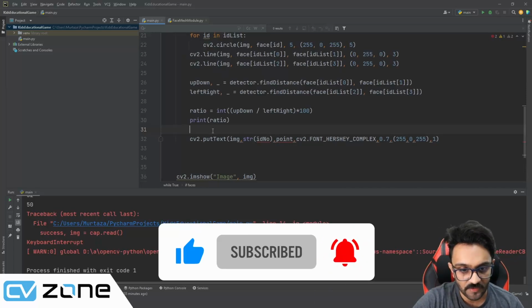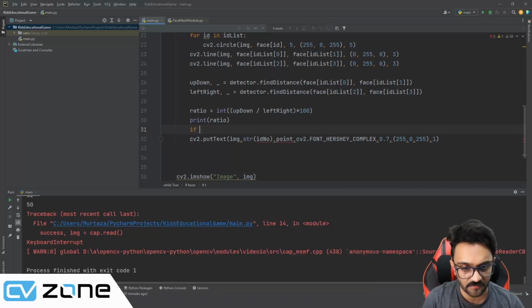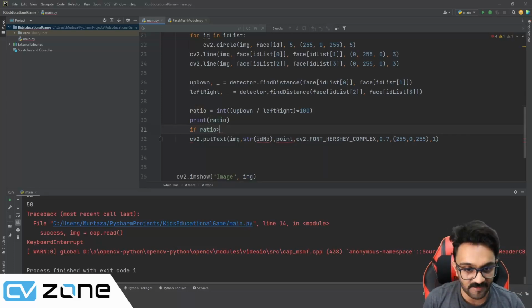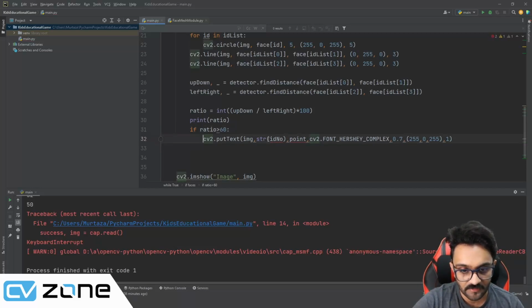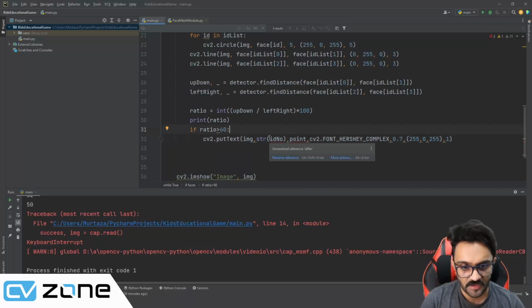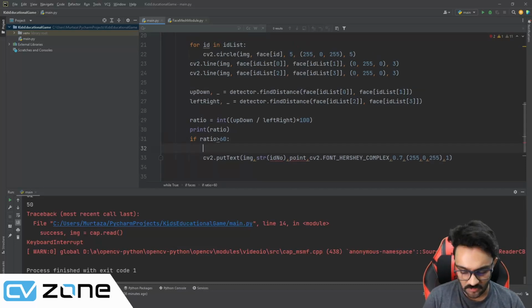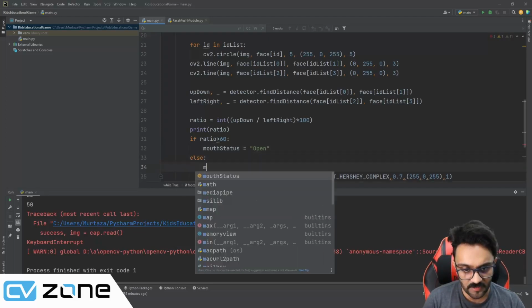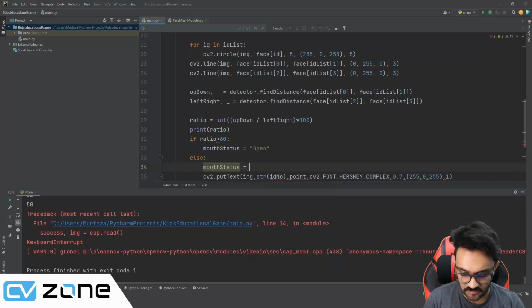And here we can write that if the ratio, let's say, is greater than 60, then we are going to put it as a variable. So here we can write mouth status equals open,